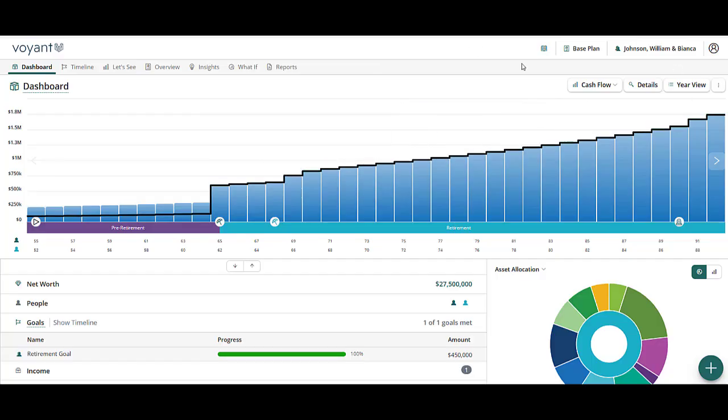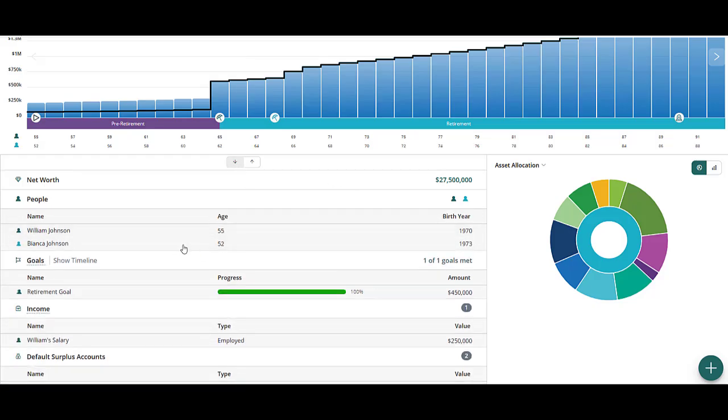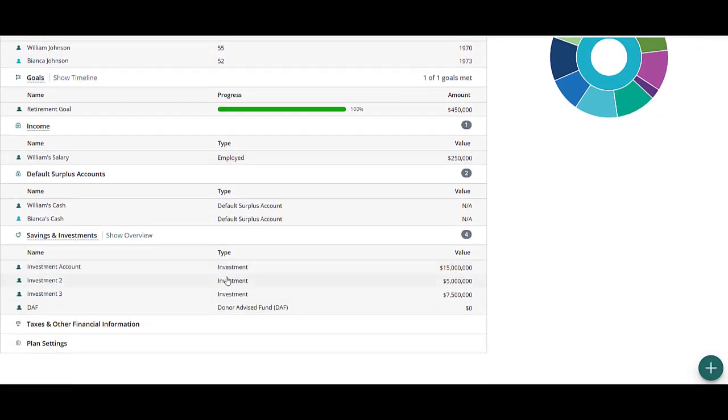To give you an idea of what our client's current scenario is, let's take a look at their plan by clicking this down arrow. This is a client couple in their 50s. They have 3 high-value investment portfolios. One is $15 million, and this is going to be the investment portfolio that we're going to move into the